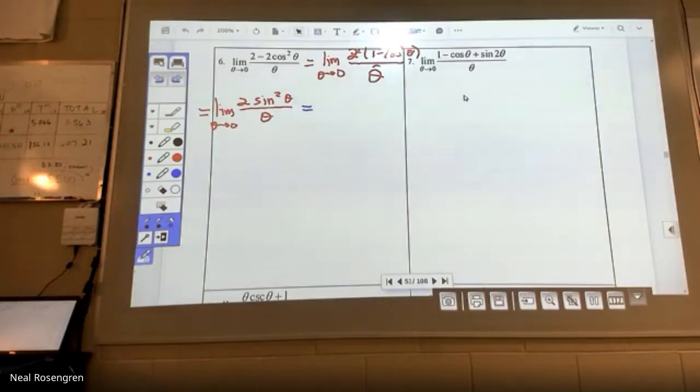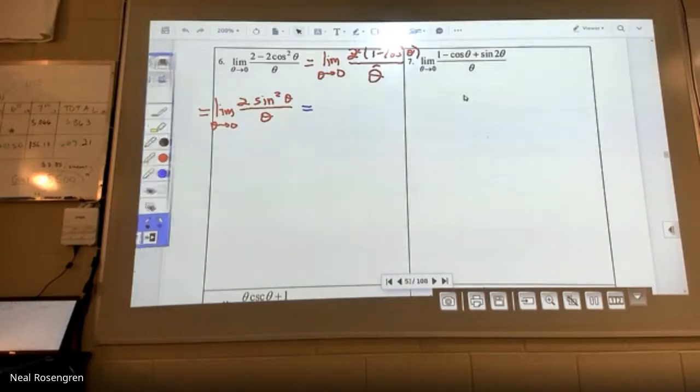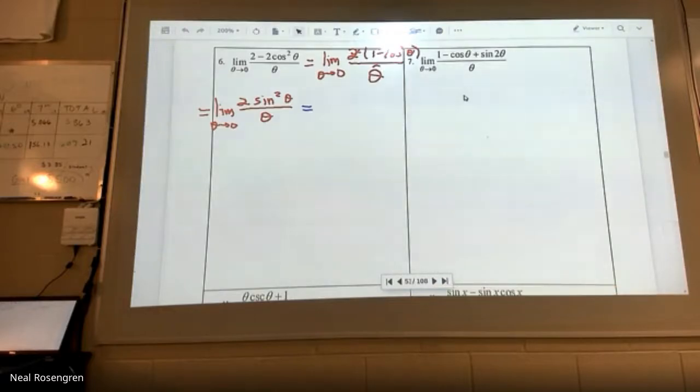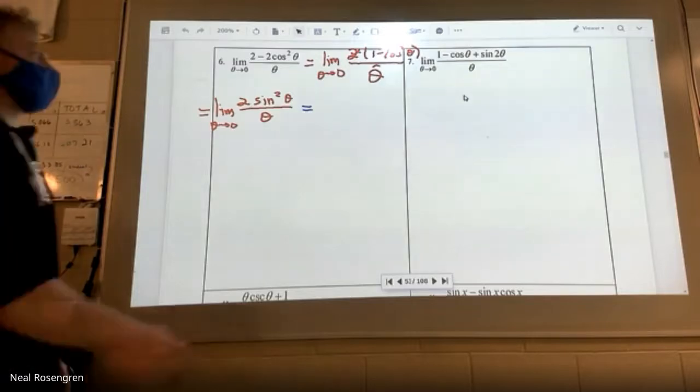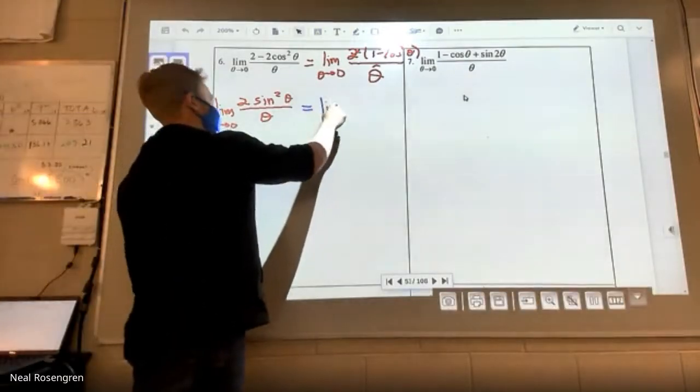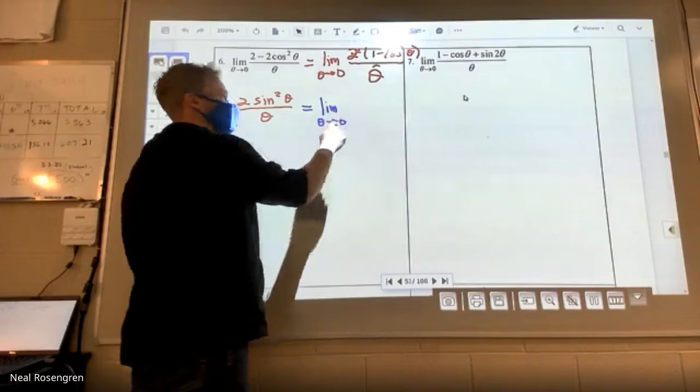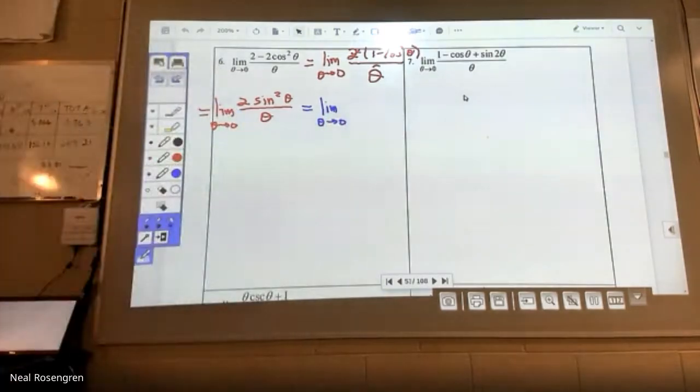Now, if that was just sine of theta, then there's my limit, right? Sine of theta over theta. That's what I'm looking for. But it's not. It's sine squared. But I really like the fact that there's only one term up top, one term on the bottom, because maybe now there's something we can do to try to isolate the kind of limits that we now know are good ones to look for, sine of theta over theta, or 1 minus cosine